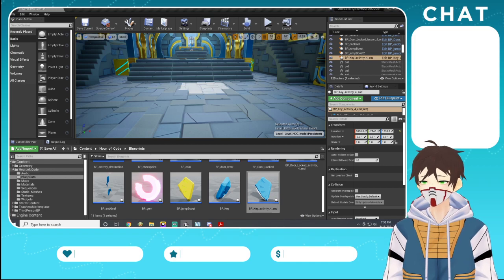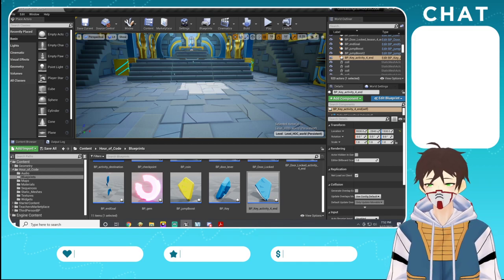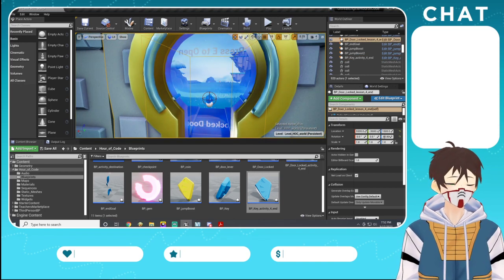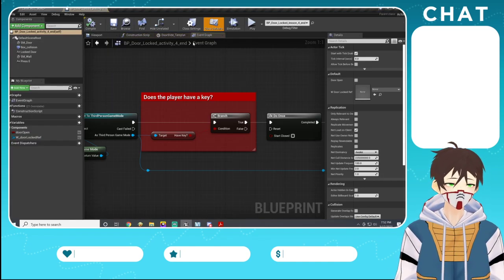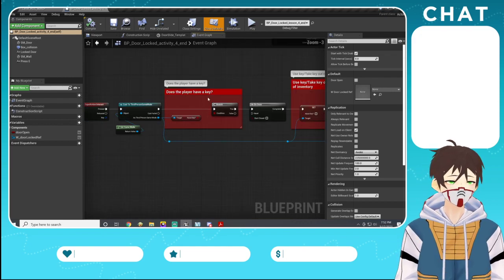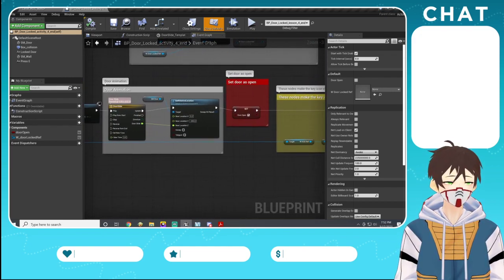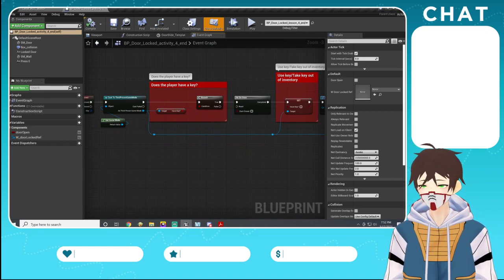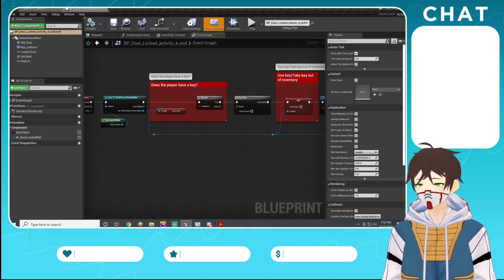To understand what is happening, we need to examine the door blueprint. Select the door in the viewport and press Control E. Select the door, E, and it will open the graph. We've gone through this part. Pan the mouse. Okay, so